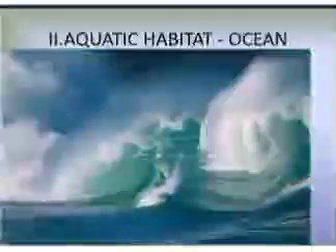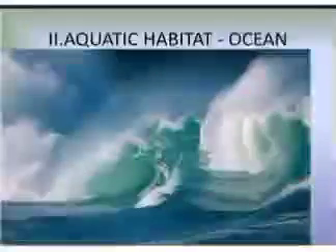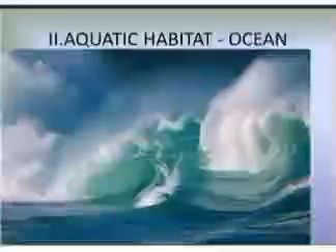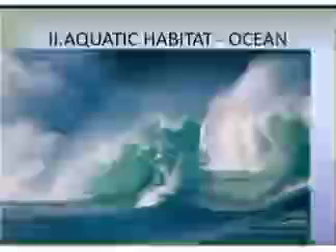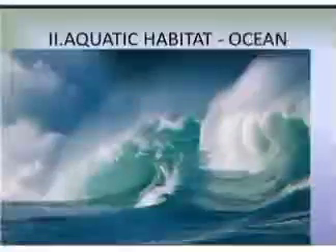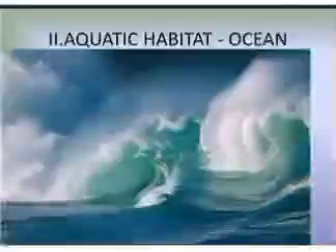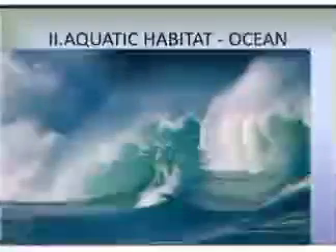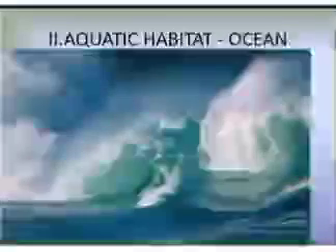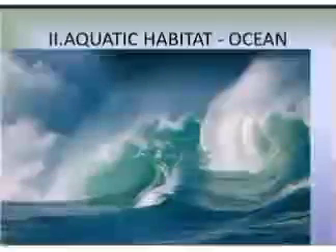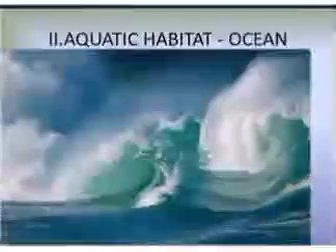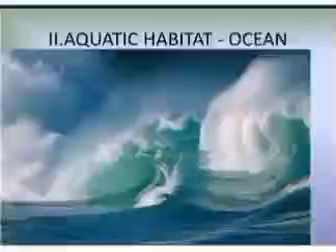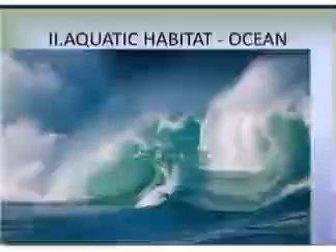Today, in the chapter Living Organisms and Their Surroundings, we are going to talk about aquatic habitats. Aquatic habitats, as you are aware, are provided by water bodies. In these aquatic habitats, we have freshwater habitats and salty water habitats. Freshwater habitats are provided by rivers, ponds, and lakes, and salty water habitats are provided by oceans